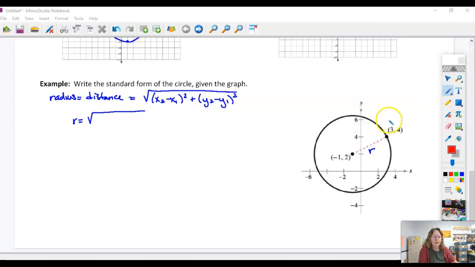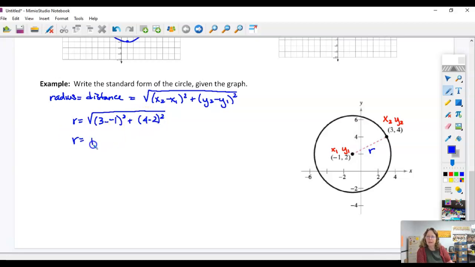I think I'll label the 3, 4 as my 2's. It doesn't make any difference, as long as you're consistent. But I think I'll make the outside the 2's and the radius the 1's. So we will subtract the x's, 3 minus a -1 squared, plus, and then subtract the y's, 4 minus 2, the quantity